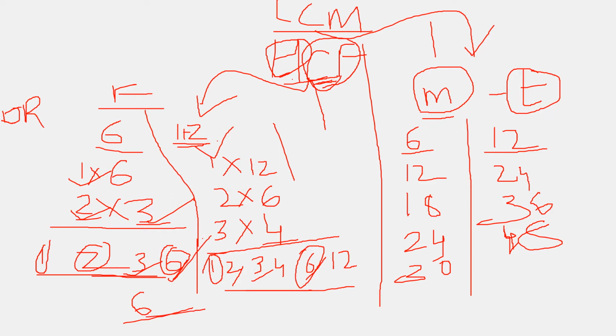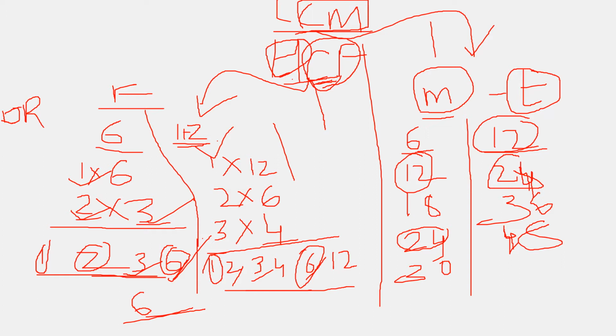Okay. Now coming to the LCM, the name itself is telling that first write the common multiples. Here we wrote some multiples. Pick out the common things from here. Here 12 is there and here 12 is there. Right? Here 24 and here also 24. There is no need to write so many multiples.